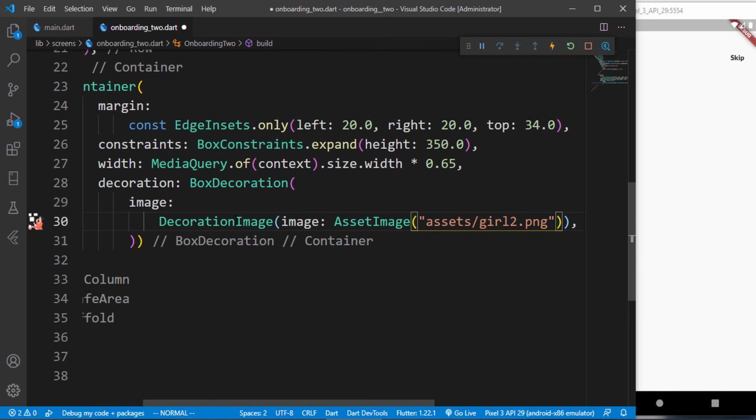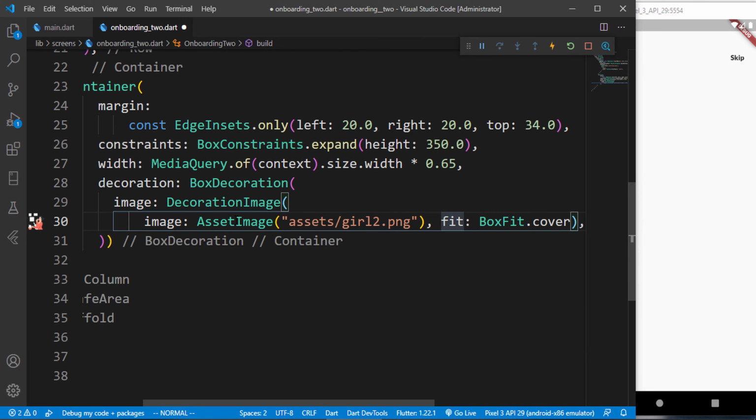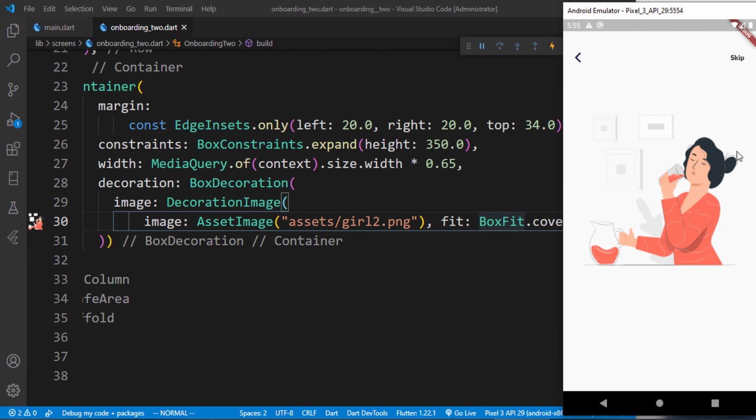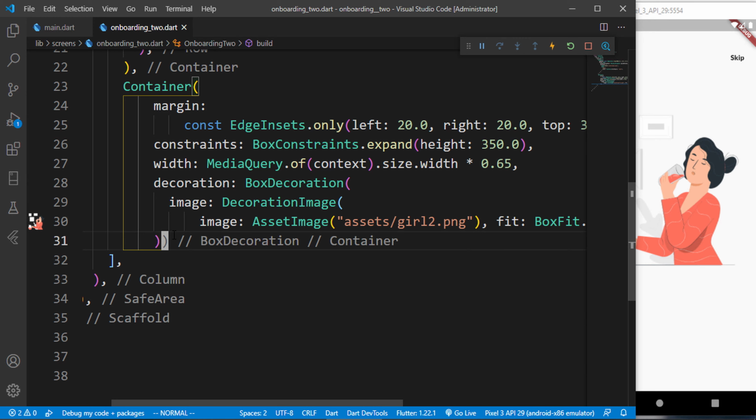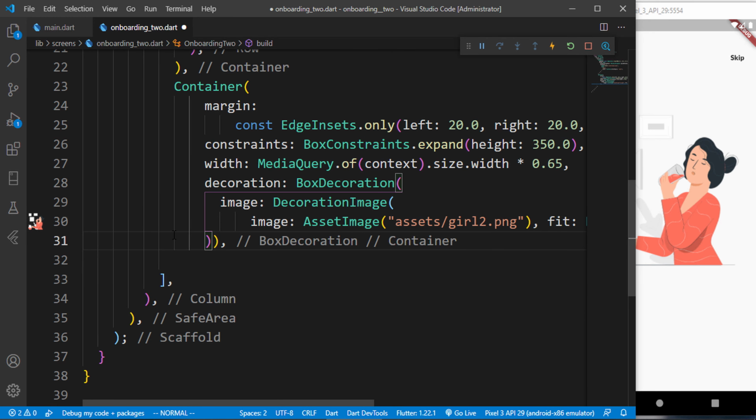So it's kind of not looking nice, and that should be inside that decoration image. So make sure you properly place things, or else you're still going to get an error. So inside the decoration image, we use the image and make sure it covers that box. So when we save, you can see we have the image right now showing perfectly without any errors. And the next one is we are